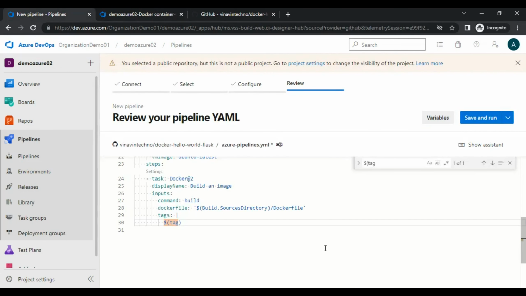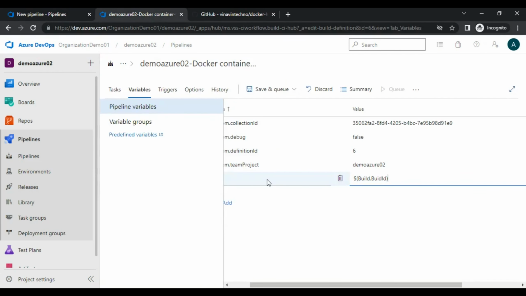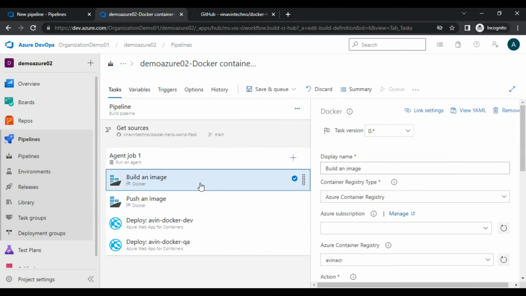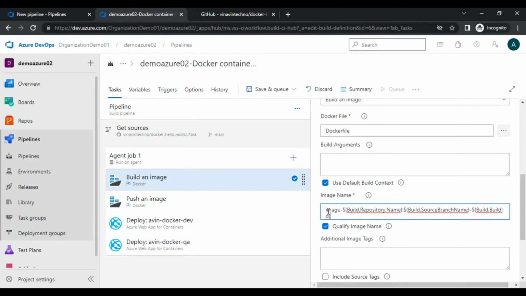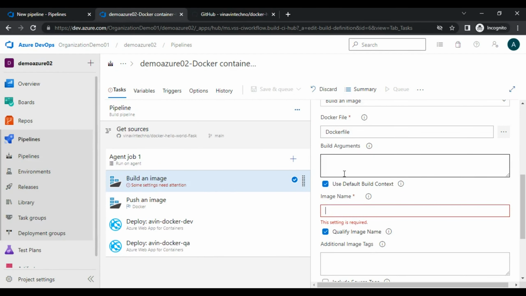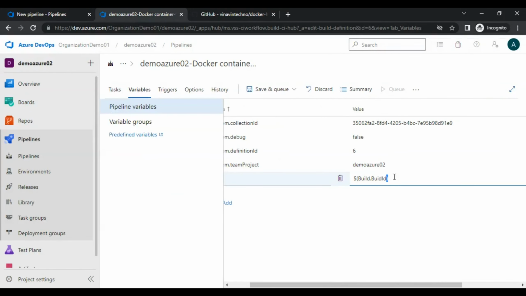Okay. So this is the way to do it in YAML, and this is the way to do it in Classic. And here in the task, what we need to do is just use the variable. Let me cut it. Okay, dollar bracket start tag, and here let me paste it. Excuse me, not trigger point, sorry, variable point. So here, like this. Okay,